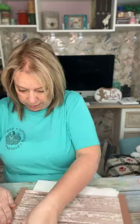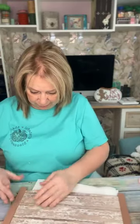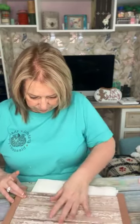All right, this is the boring part. I probably could have done this before I even came on here, but I changed my mind about my project. I was gonna do one of those where people take the canvases and pull the canvas off and use the frame for crafting. I was gonna do one of those faux windows, and because look at this Christmas gift bag. Won't this be cute? I'm still gonna do it. I just didn't do it